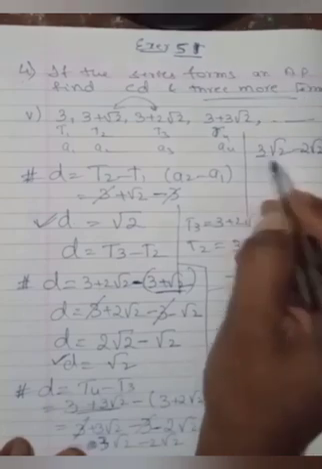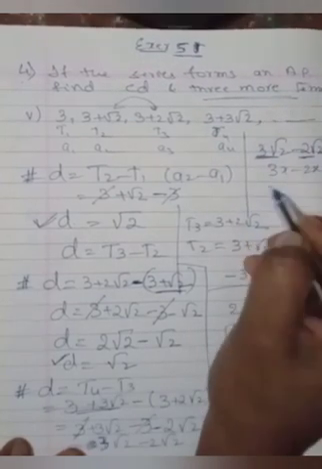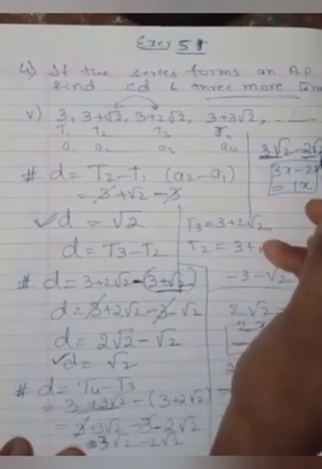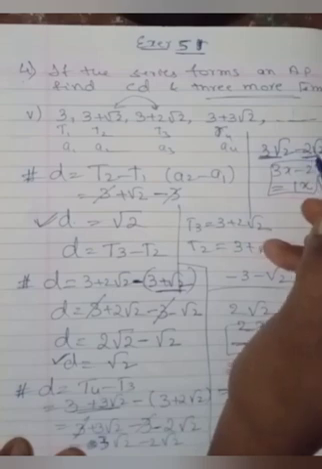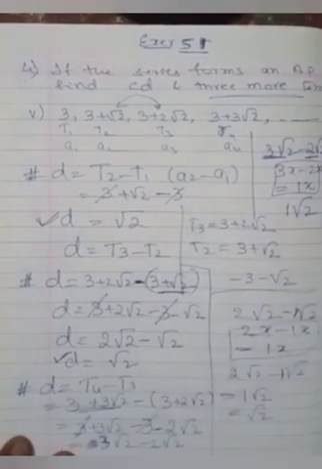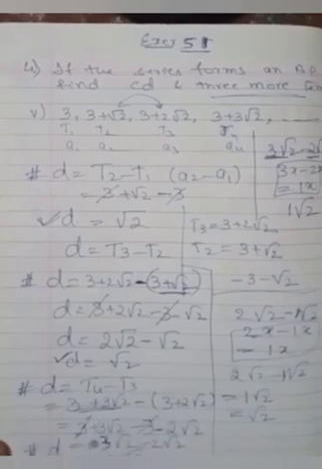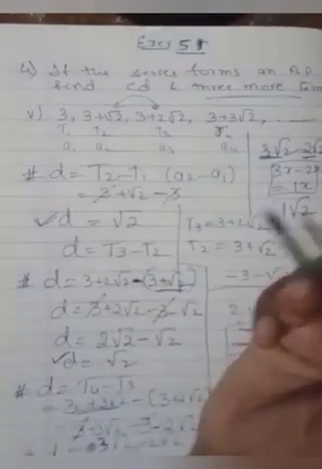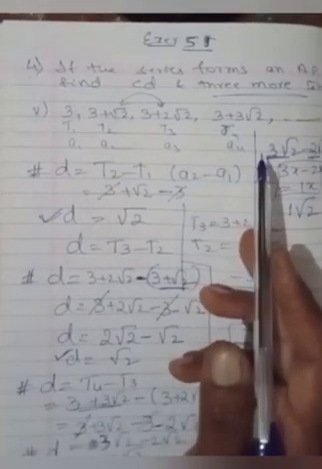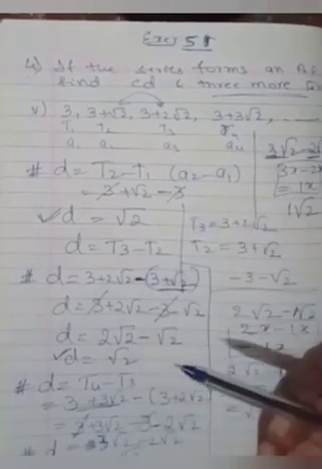As I just now explained, this is like 3x minus 2x, which equals 1x. In the same way 3 root 2 minus 2 root 2 is equal to 1 root 2. You are getting root 2 here. So that means you have got all three differences between the terms as the same. Then you are going to find the next three more terms by adding the common difference to the previous term. That I'll show you.